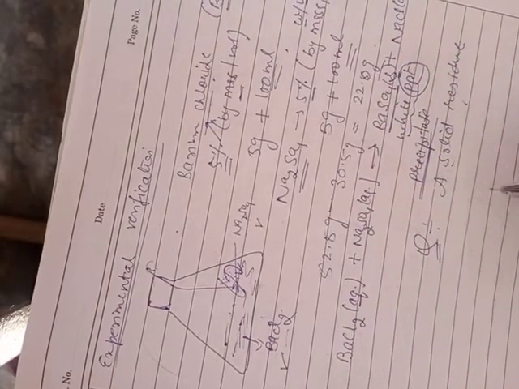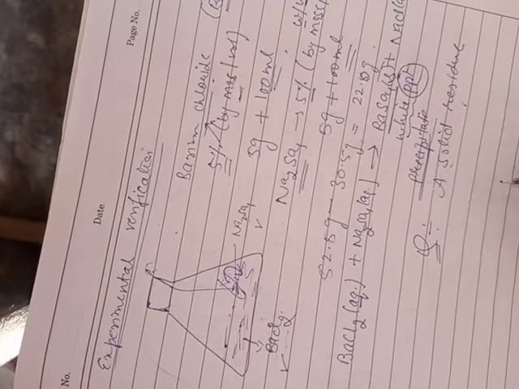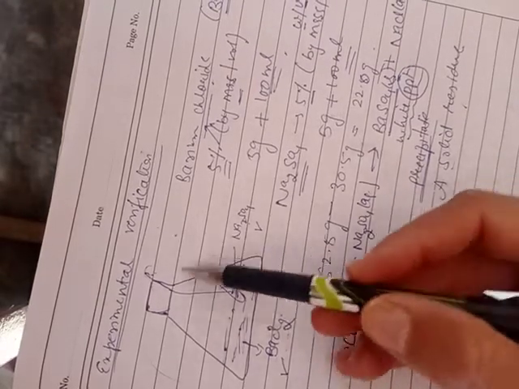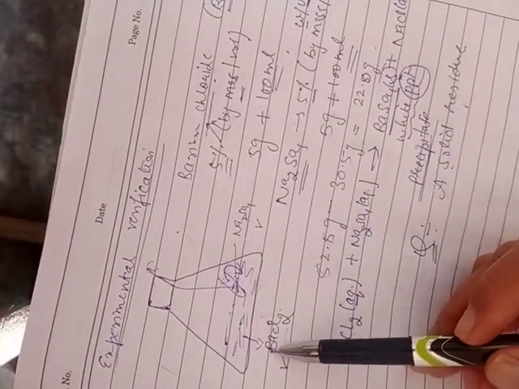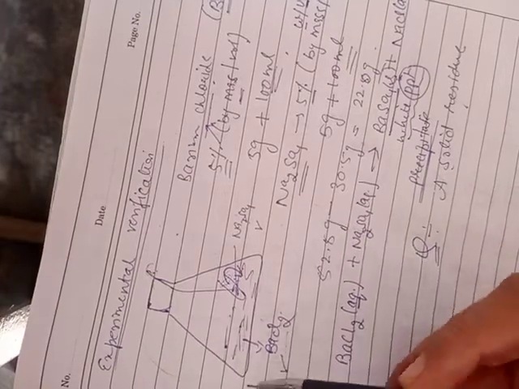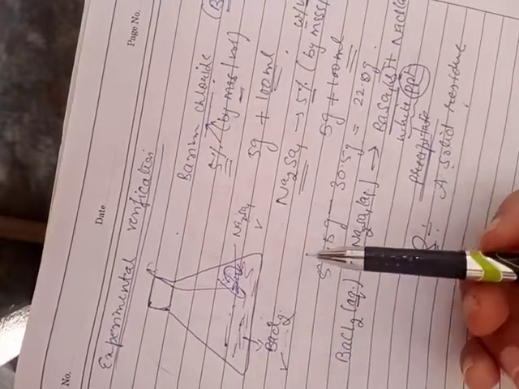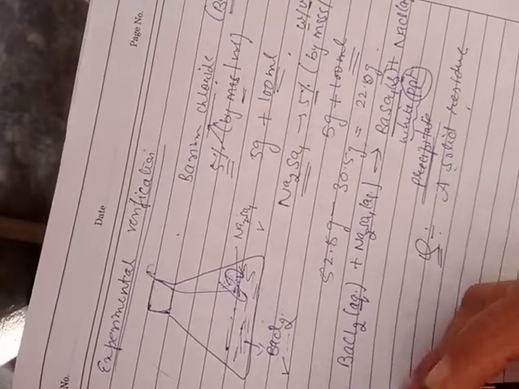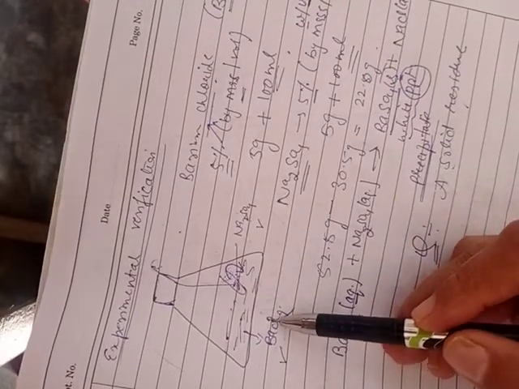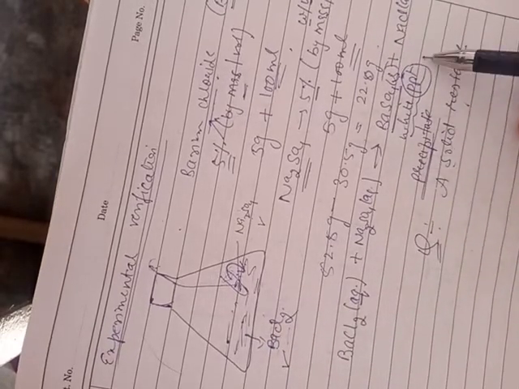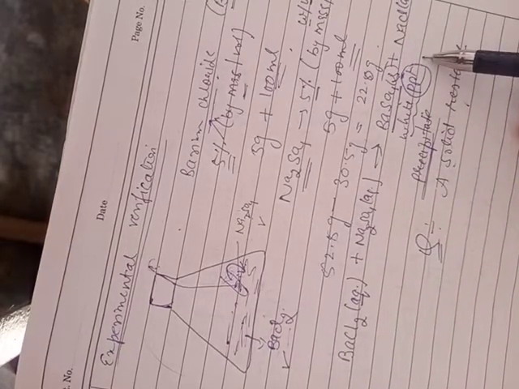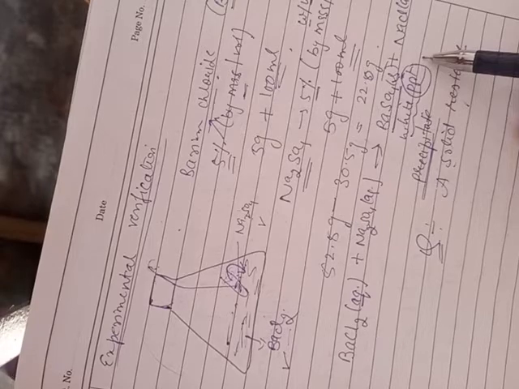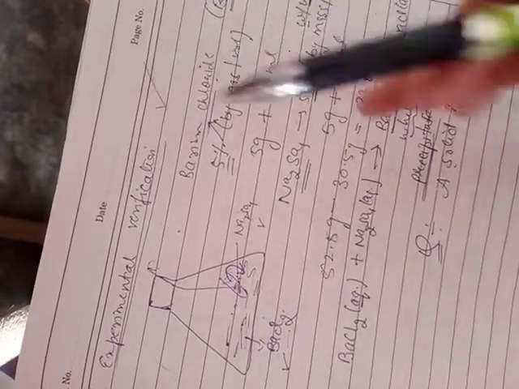After the complete reaction, we will again measure the weight of the resulting mixture. It was found that the weight of the two vessels, before the reaction and after the reaction, comes out to be the same. It means the mass of reactants before the reaction and the mass of products after the reaction also come out to be the same. This proves that the law of conservation of mass is valid here experimentally.